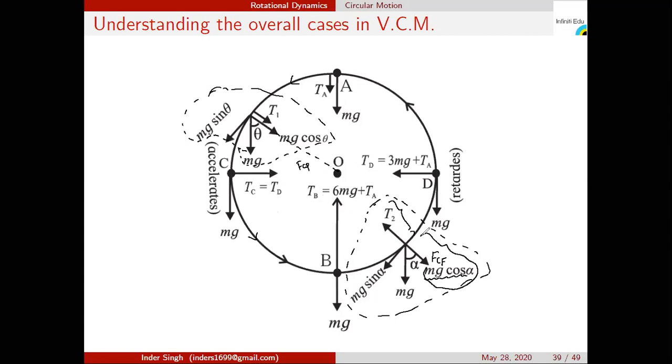Okay, mg cos alpha is getting subtracted by T2 because T2 is one type of force and mg cos alpha is again one type of force. So this is not enhancing, but decreasing the effect of circular motion. Okay, the weight factor. So gravity at different positions is different. That's why we say that at some positions gravity helps, and at some positions gravity does not help for this vertical circular motion. Okay, so I hope you understood this diagram. In detail we are going to see in the coming slides.